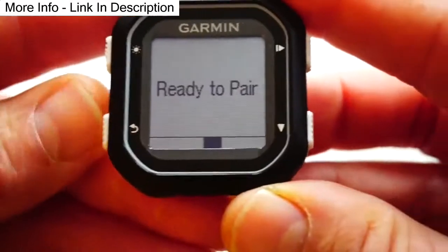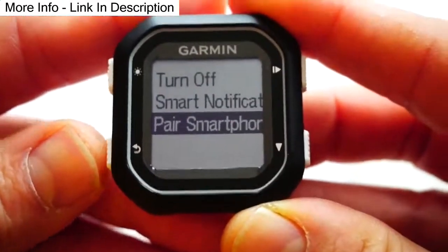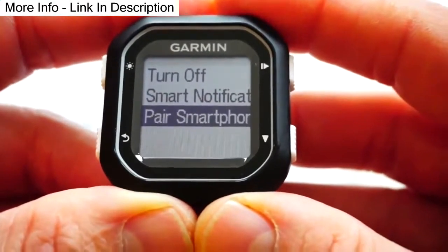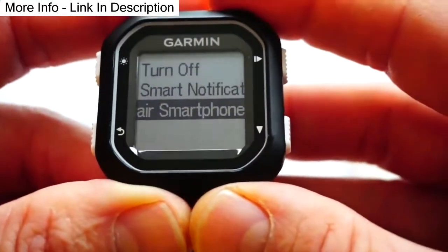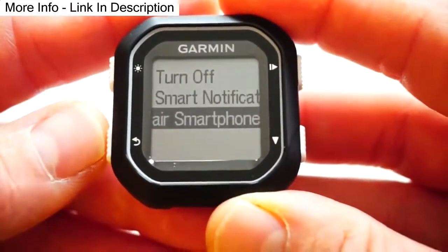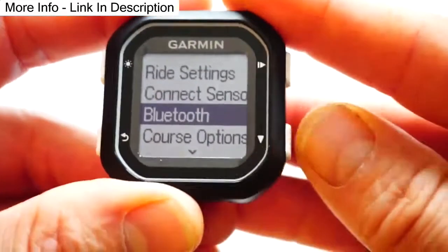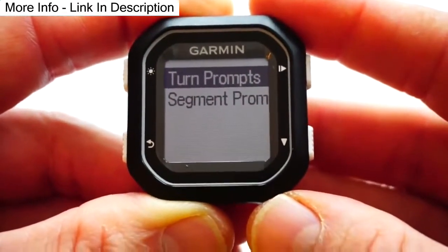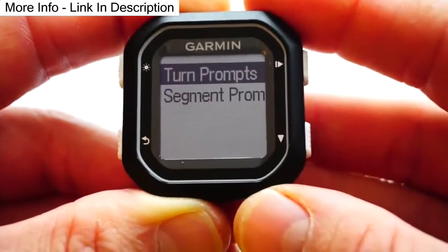Pairing smartphone, yep, it's simple. I've never had a problem with the Garmin devices pairing to my smartphones. I use both an iPhone and a Motorola Moto G as my day phones and my test phones, and it worked perfectly. And in course options, if you are following a course, it will prompt up to tell you to turn left, turn right. And also